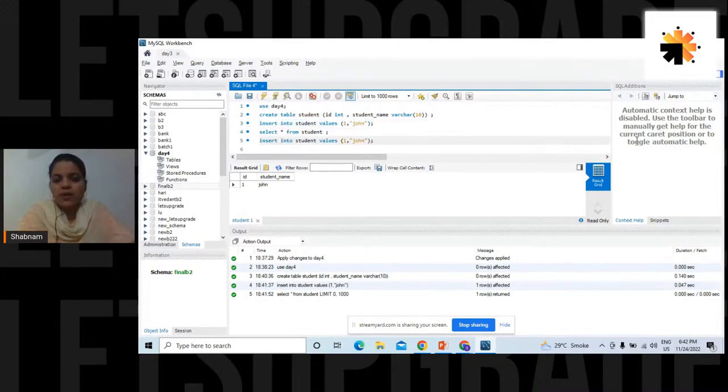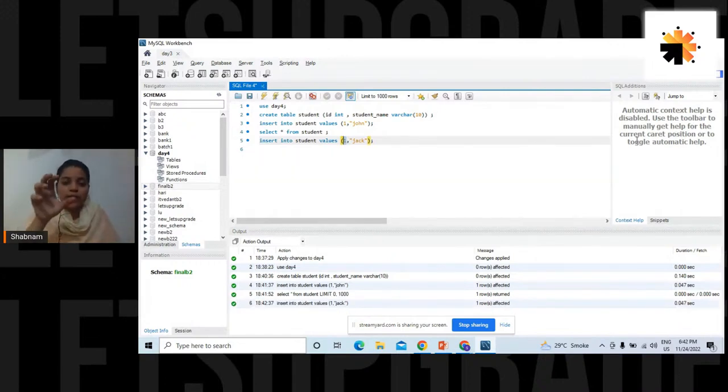Okay. Although I can insert multiple values at a time too, you can insert 10 rows in the table, 20 or 100 rows. If time permits, I'll show you that quickly, even how to do it. Okay. Say roll number 2 is Jack. So I edit this query and make the name Jack, but I forgot to change the roll number. Okay. And by mistake, I execute the query.